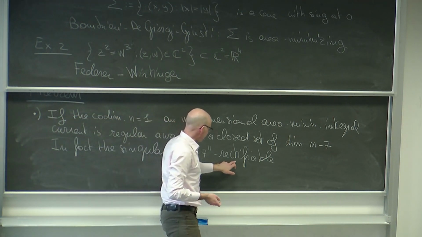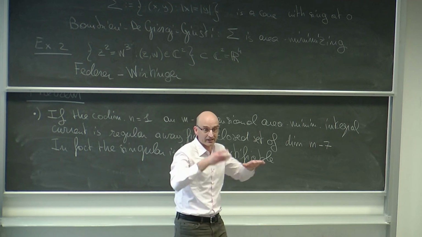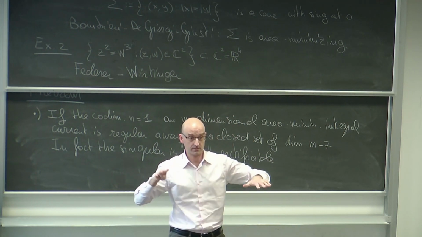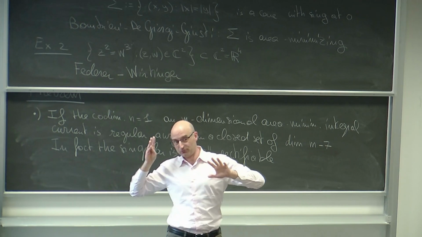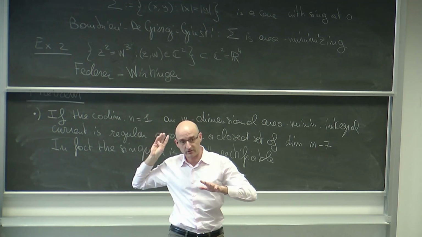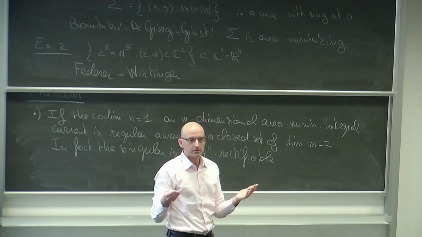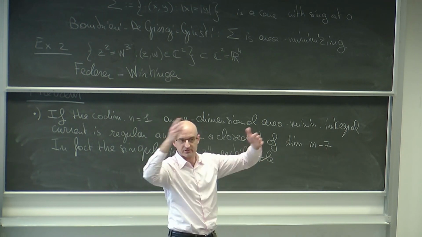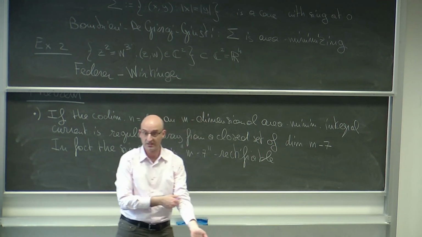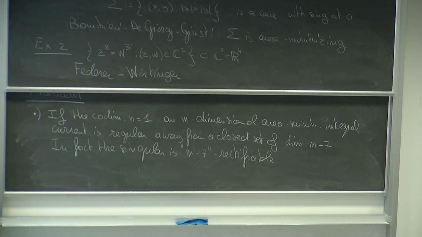So rectifiable means up to a set of measure 0, you can actually cover with countably many C1 surfaces. It's kind of already what was hidden behind the notion of an integer rectifiable current. So the reason why it is called integer rectifiable current is because if you look at the union of these sets E_i, well, they are inside the Sigma_i's. The Sigma_i's give you the countable cover of your set. So it's not quite as satisfactory as being C1, but it's at least better than being a general kind of set of dimension n minus 7.